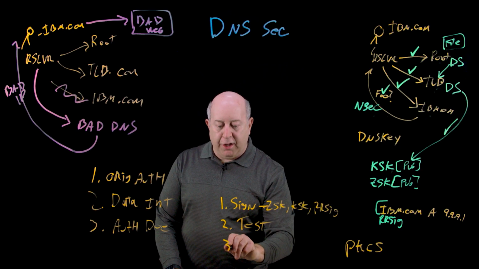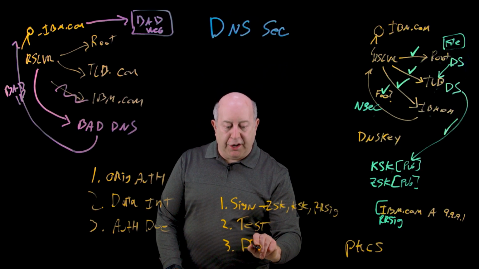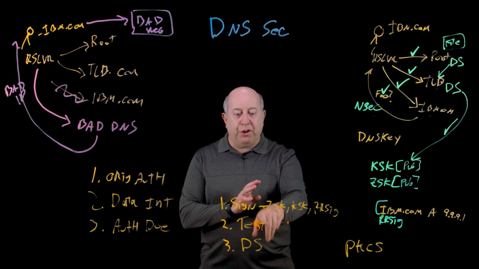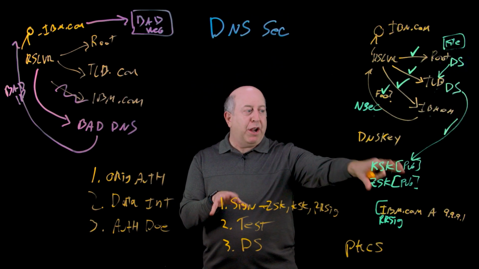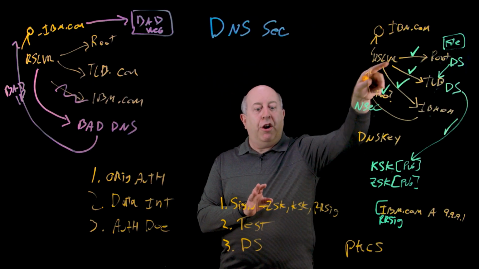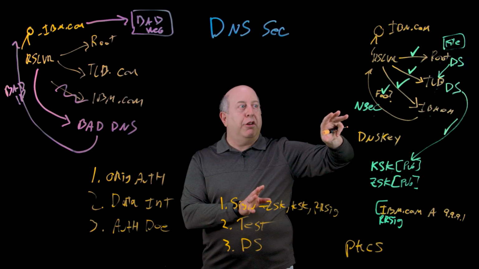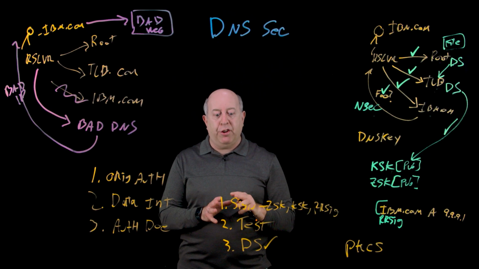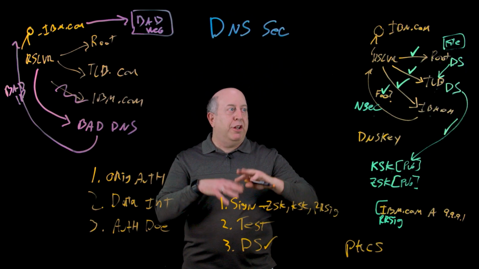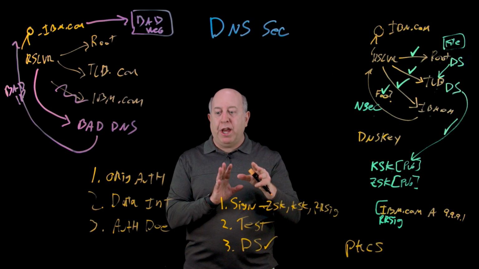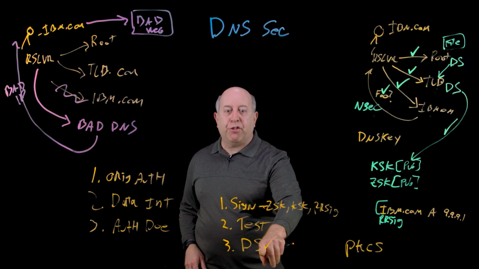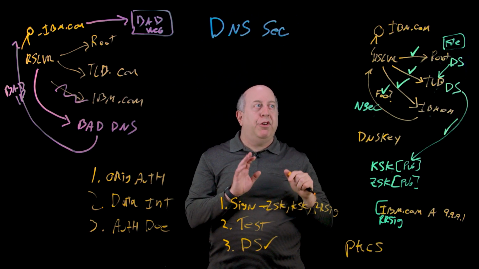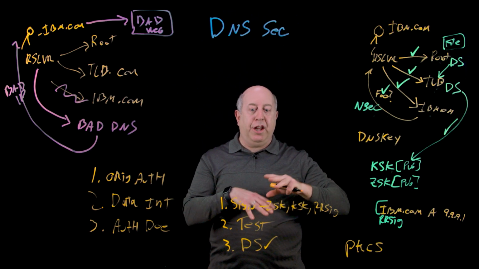And then finally, you want to go to your registrar and set up the DS record. That's what actually enables DNSSEC. Up until this point, all the records are there, but the resolvers are not actually validating the answers because they need the DS record to do that validation. So until you put that DS record in place, nothing's live. The system is just ready to go. As soon as you contact your registrar and put the DS record in place, the whole thing spins up, and now DNSSEC is in operation.